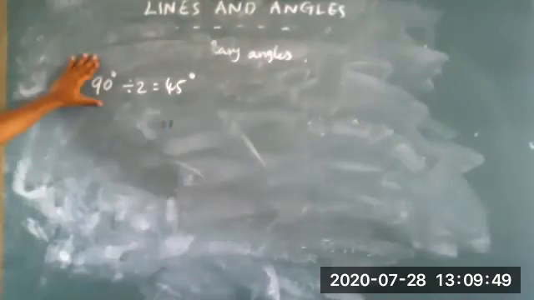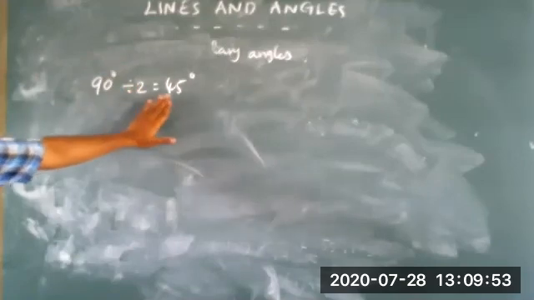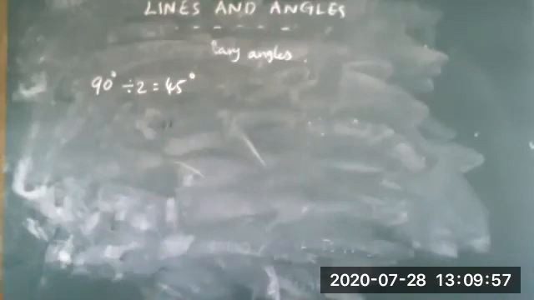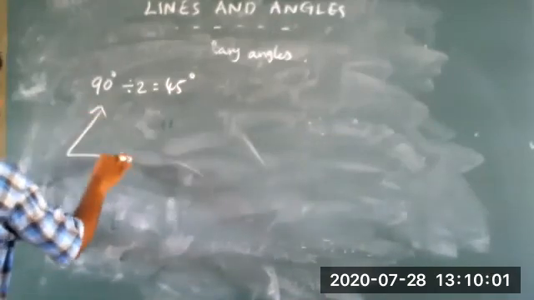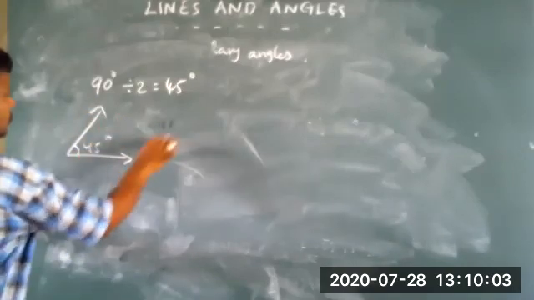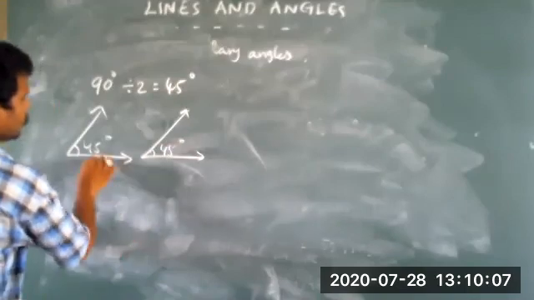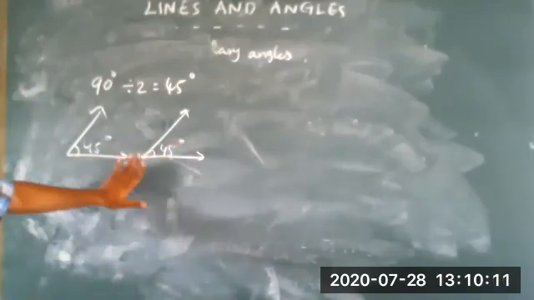Once again, children, here two angles are given, complement to each other and also equal. So what about complementary angles? 90 degrees. Here how many angles? Two angles, divided by 2. We get 45. Why? Here the two angles are equal. So each angle is 45 degrees. This angle is 45 degrees, this angle is also 45 degrees. So they are equal. It is the answer of the third problem.